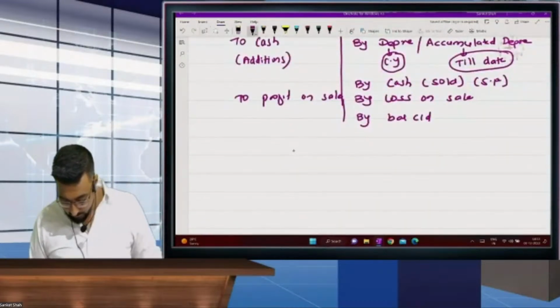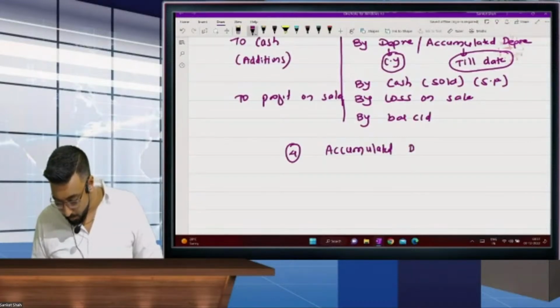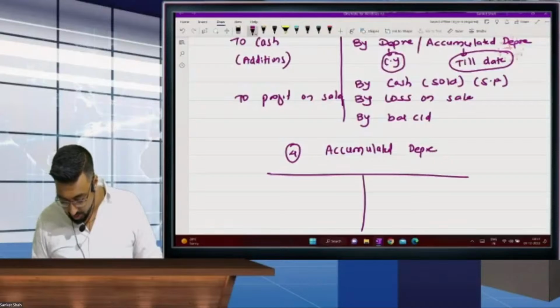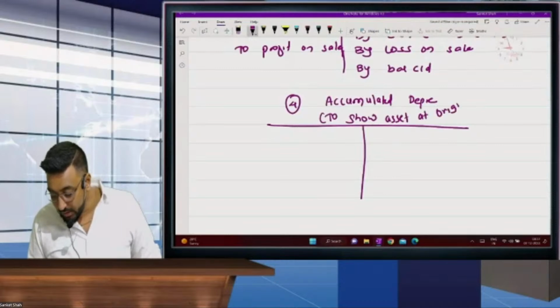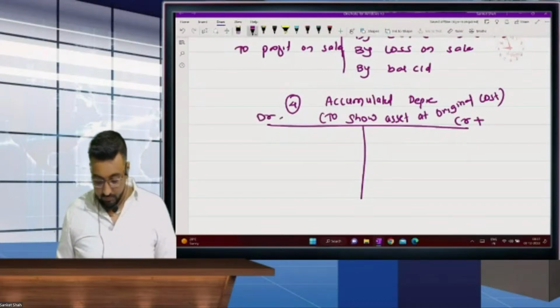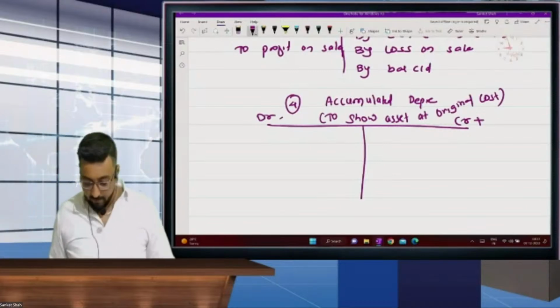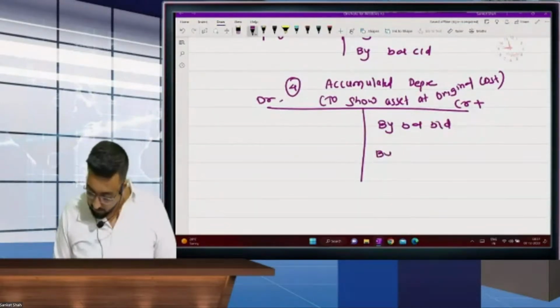Fourth one, accumulated depreciation. Why is this account opened? To show asset at original cost. Credit plus, debit minus. By balance brought down. By depreciation. To asset